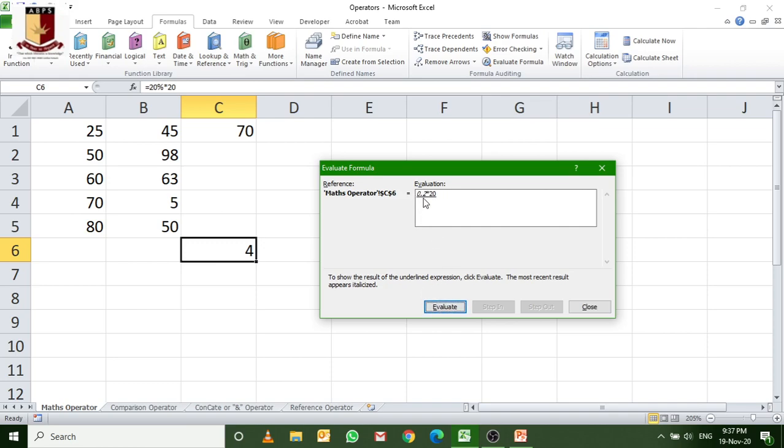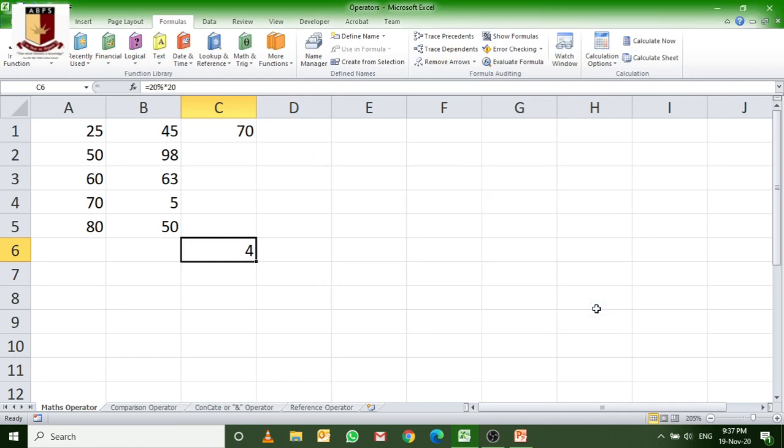First it evaluated the 20%, which becomes 0.2, and then the multiplication. That's why the answer 4 is coming. I am actually showing you how these operators work, the precedence. Okay, so these are the simple maths operators. Okay, let's move back.